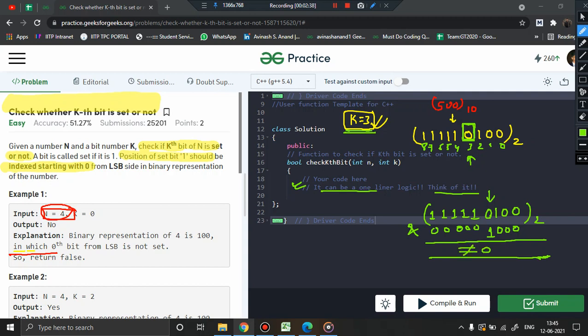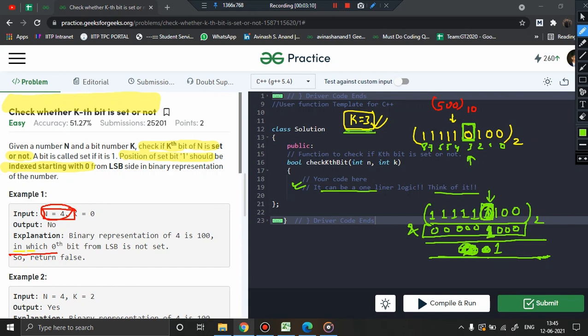since we are performing bitwise AND, obviously if this value is not equal to 0, it indicates that this bit was set, because if this is 0, then 0 and 1 AND will give you 0, right? But if this bit is 1, then 1 and 1 will give you 1. So if I use a value wherein the bit under this particular digit is 1, then I perform the AND operation between these two bits,